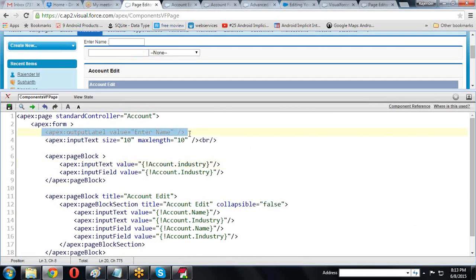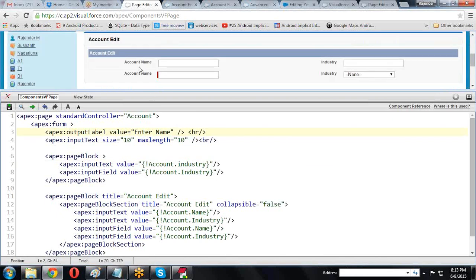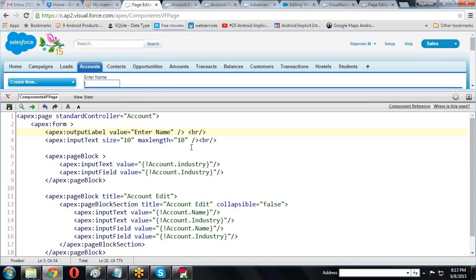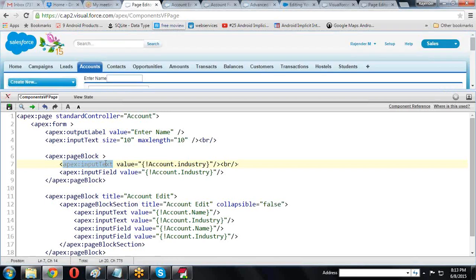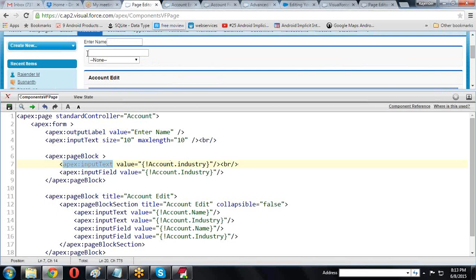What is the difference between output label and output text? Input text simply displays one text type, one field type.